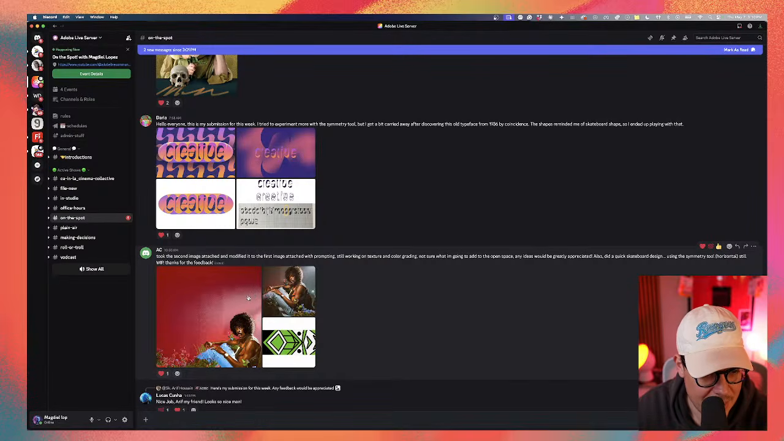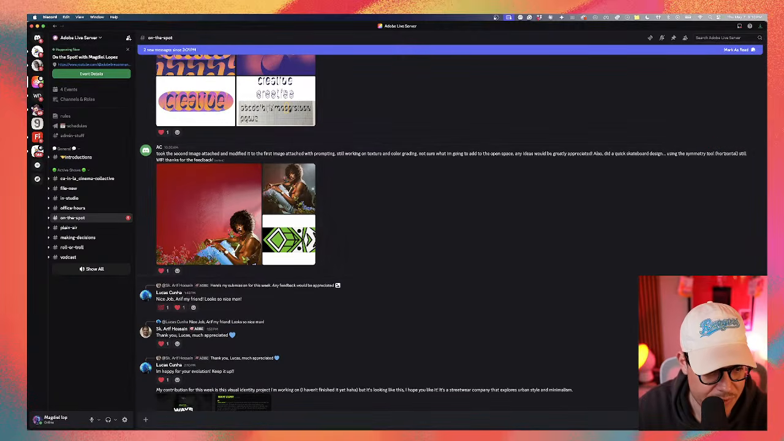Image attached is a modify to the first image attached with prompt. Still working on textures, colors, gradients. Not sure if I'm going to open a space. And ideas would be appreciated. So you guys send your ideas here if you have some